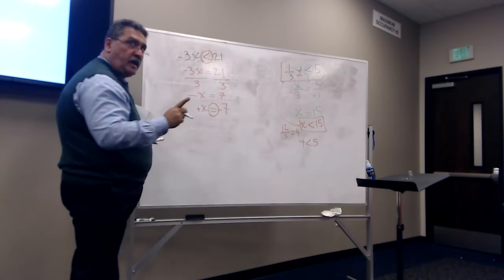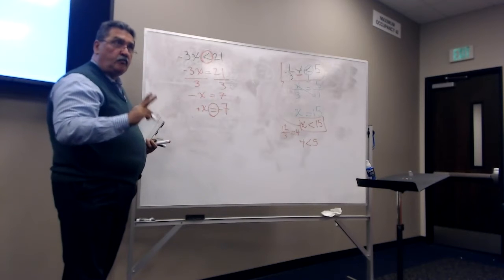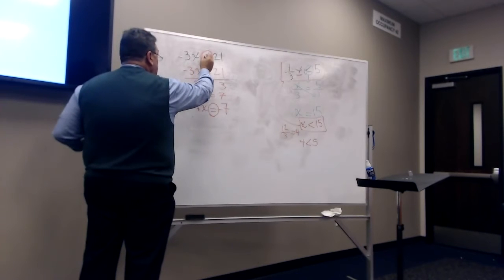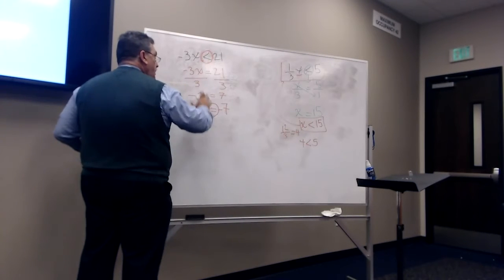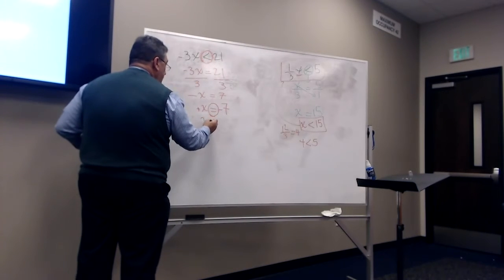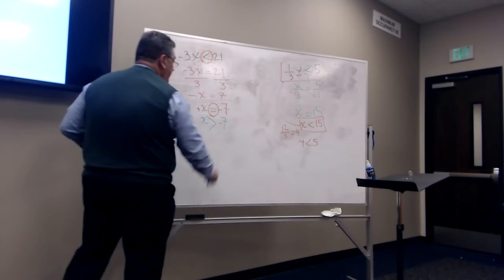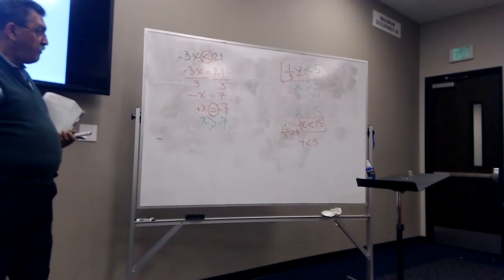When you multiply or divide both sides by a negative number, you just have to remember, reverse the direction of the sign. So this should be x greater than minus 7, or any value of x greater than minus 7,